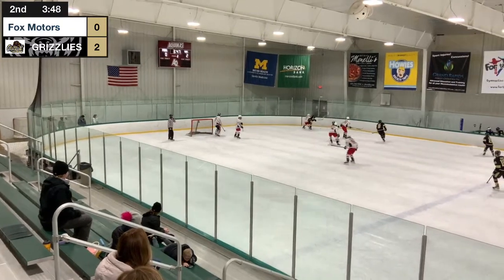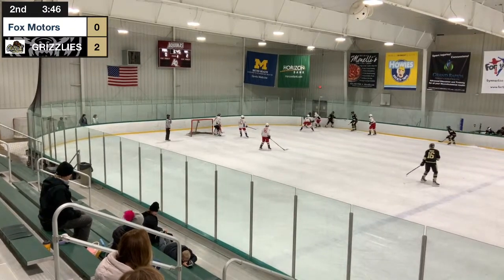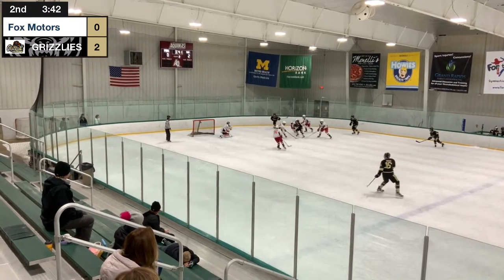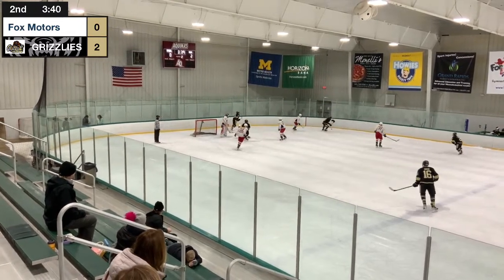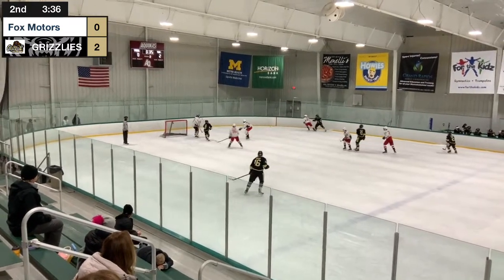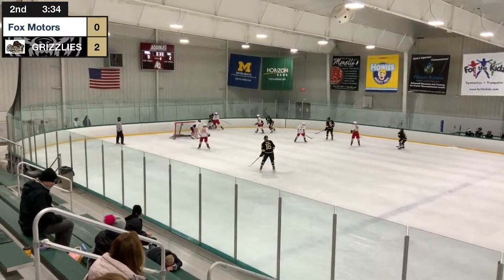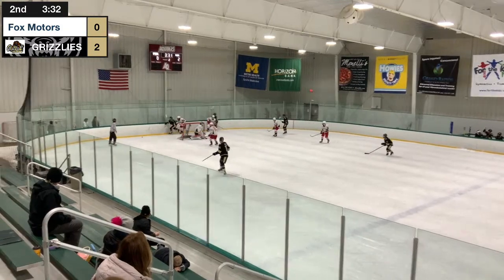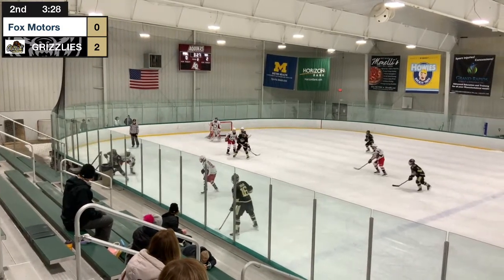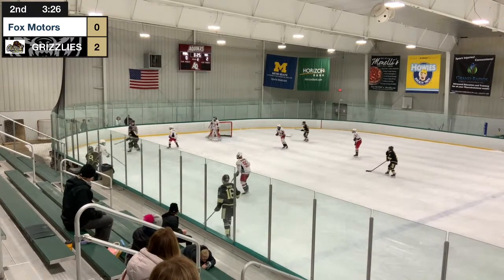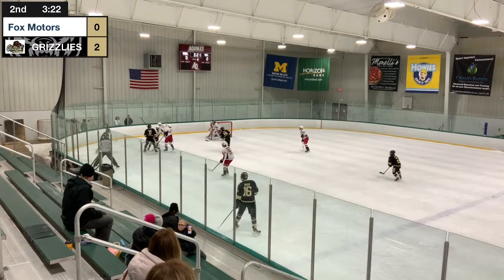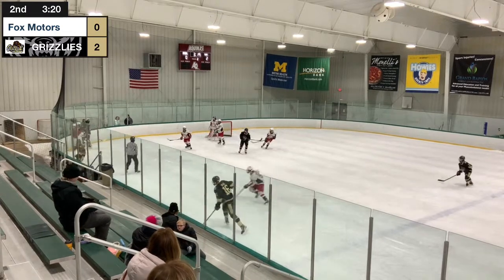Battle for it in the corner. Four players battle for it. Dell comes away with it, has some room, takes a shot, blocked off shin pads, right back into the corner. James is on it, moves it back down to Jack. Dell's on that loose puck. Jack comes in and helps. Dumps it back in behind. James comes and gets it. Looks to step away from the check. Can't get away clean. Fox on the puck. Throw it off the boards.